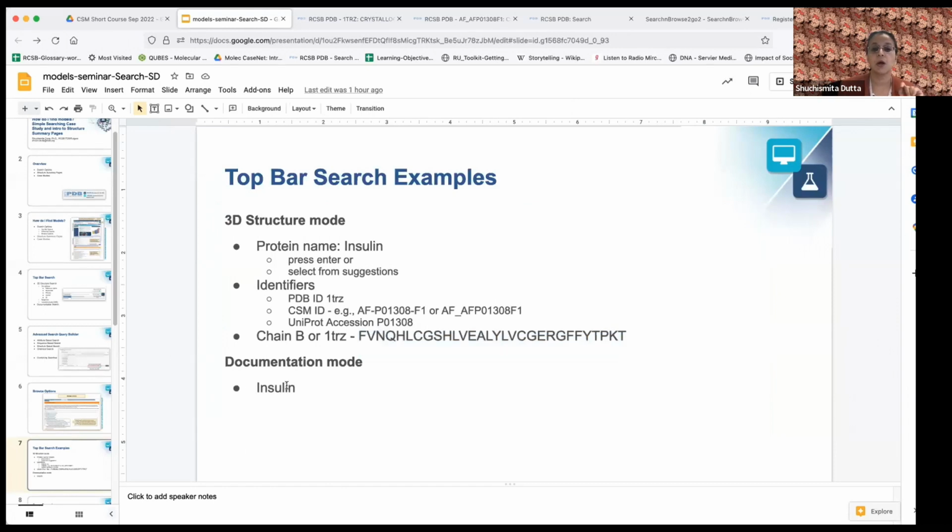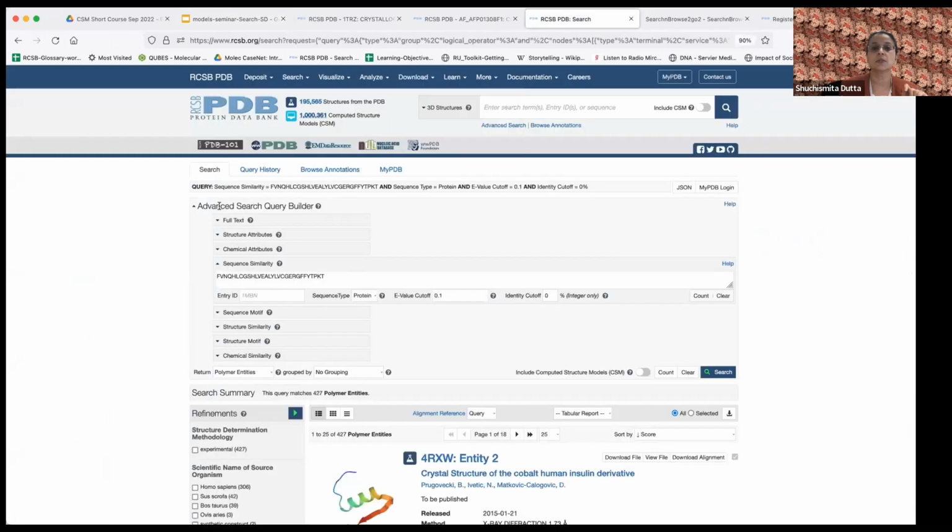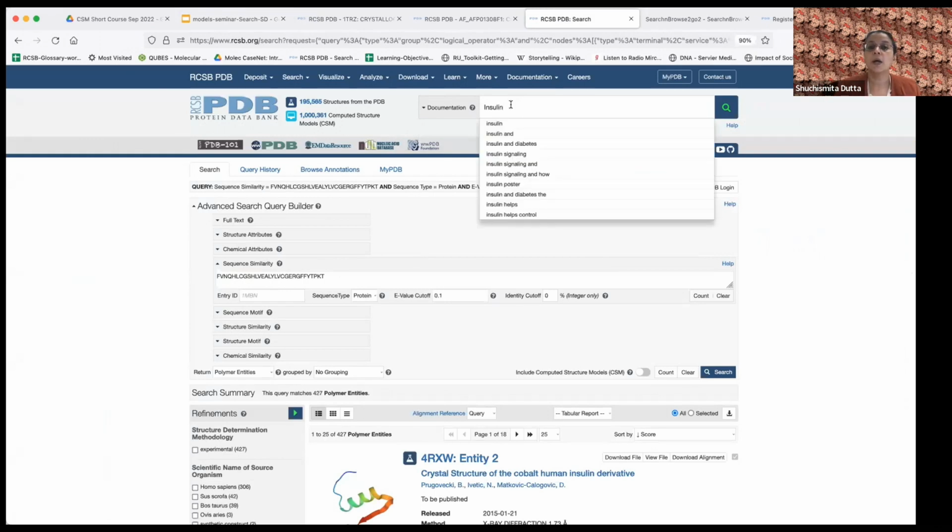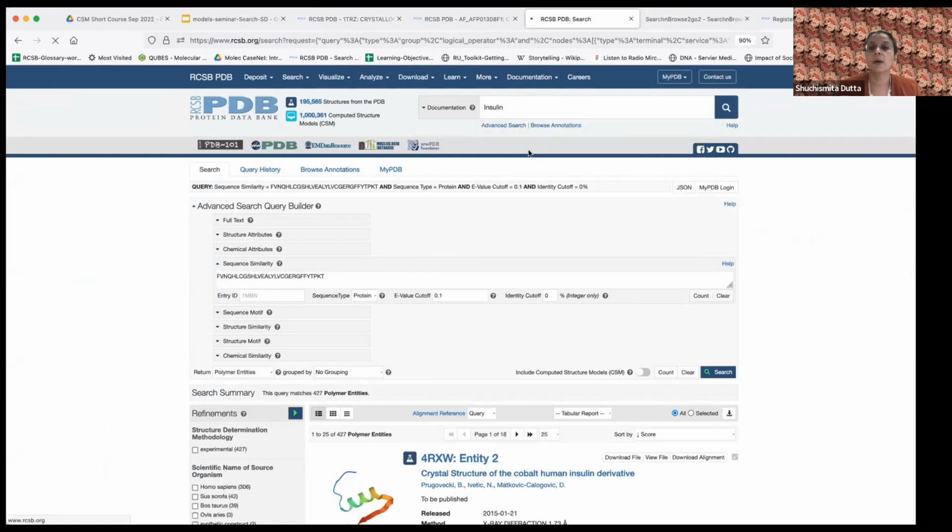So now we have looked at all these different possibilities for running a search from the top search box. What we haven't looked at is this documentation mode. So let's look at that. So here, there's a pull-down menu where I can change the setting to documentation. And now if I type in insulin, I'm not going to get the insulin structures that I was looking at right now, but